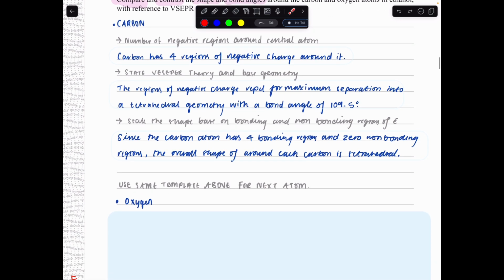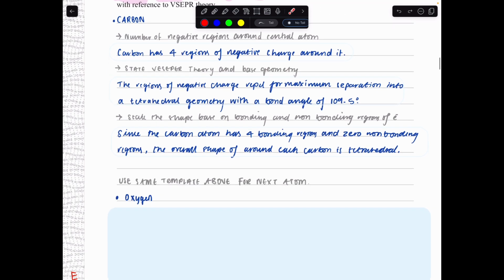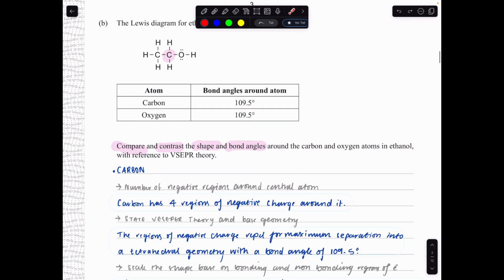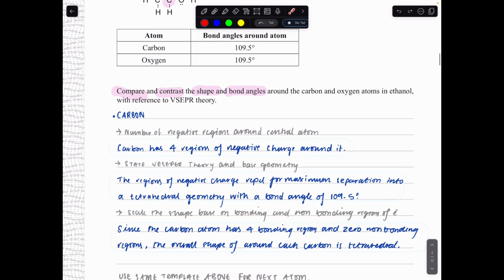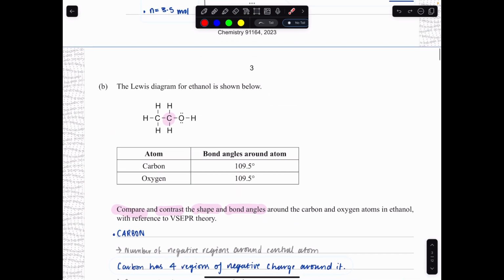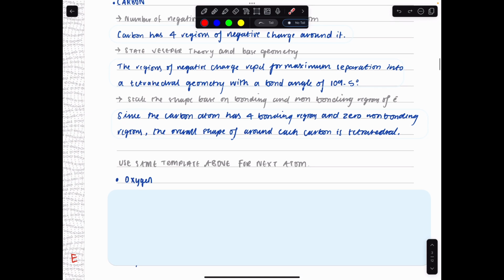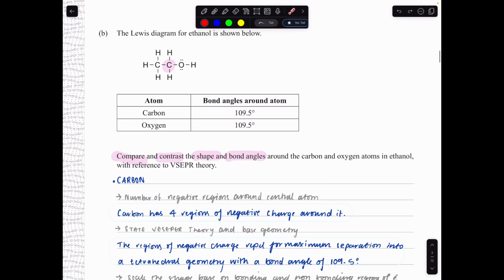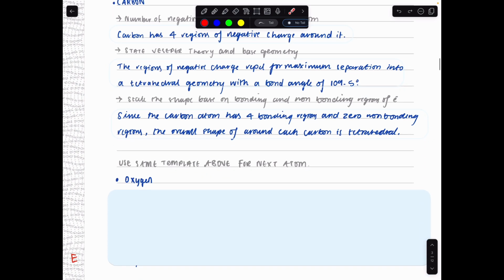Fun fact. Using the same template that I provided up here in the grey, you want to use that same template for oxygen, because we're comparing and contrasting. So, as you can see, oxygen, if we're talking about the number of negative regions around the central atom, you can see that there's 1, 2, 3, 4. The VSEPR theory states that these regions will repel for maximum separation into a tetrahedral geometry because there's 4 regions of negative charge. Now the shape. Because there are 2 bonded regions and 2 non-bonded regions,